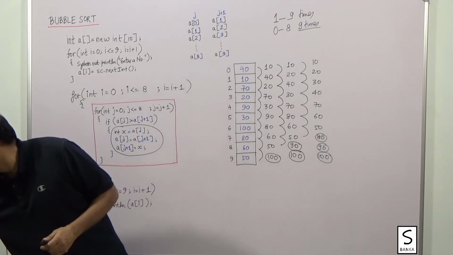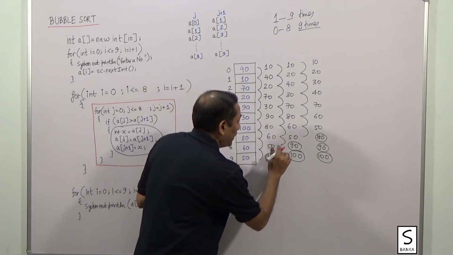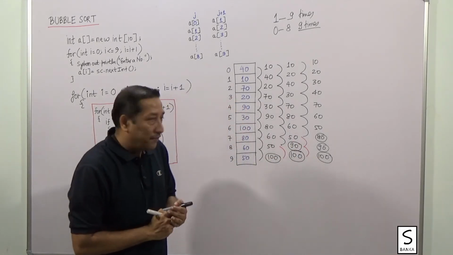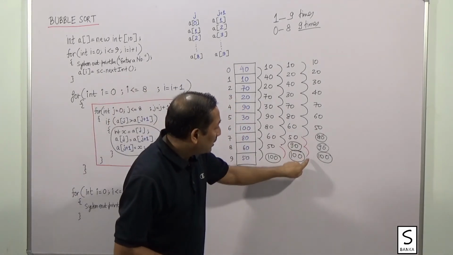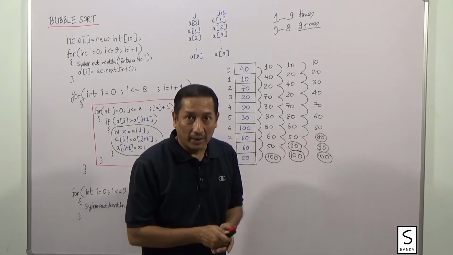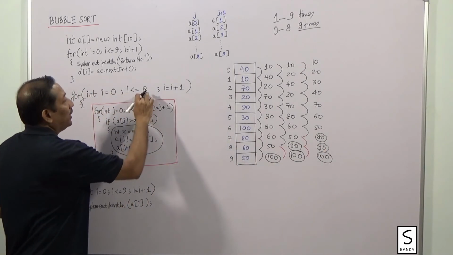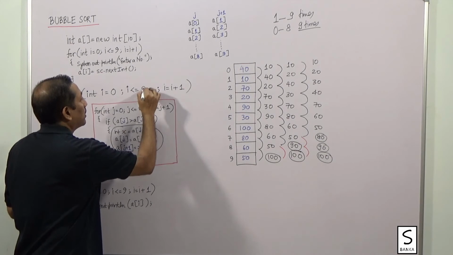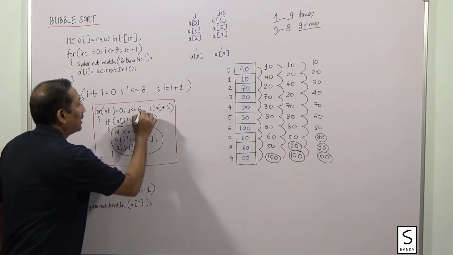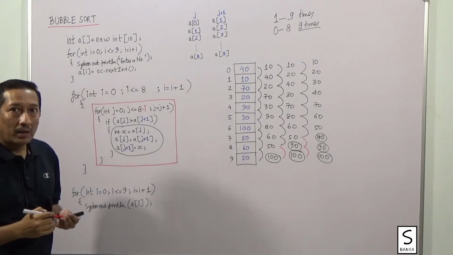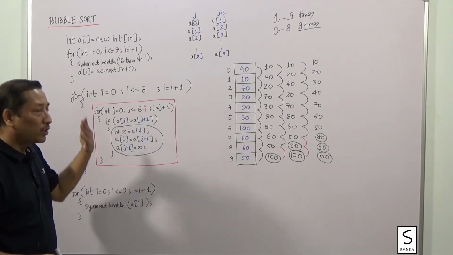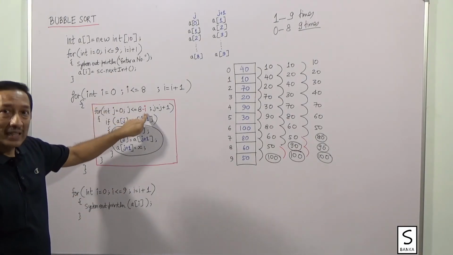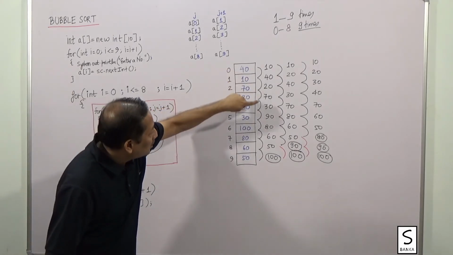So what I will do is, I will mark those comparisons that can be removed with red. And in every round, as one number is placed, the comparisons should also decrease by 1. And for that matter, if we want, we can write instead of 8, we can write 8 minus i. I will rather advise to write 8, but you can write 8 minus i. What happens that way? See, the first time i is 0, so 8 minus 0 remains 8, so 0 to 8, all these comparisons will be made.